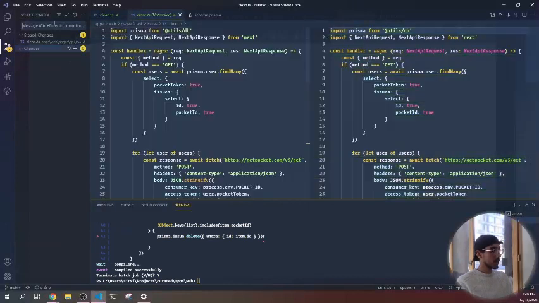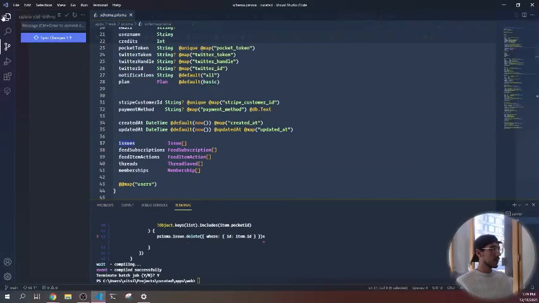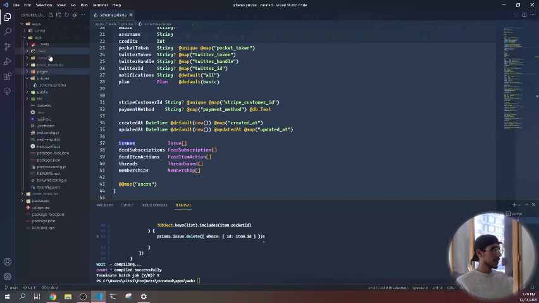I'm gonna say feat: clean database from deleted bucket items. Boom. Great. Now the other thing we want to do is clean the feeds that have no